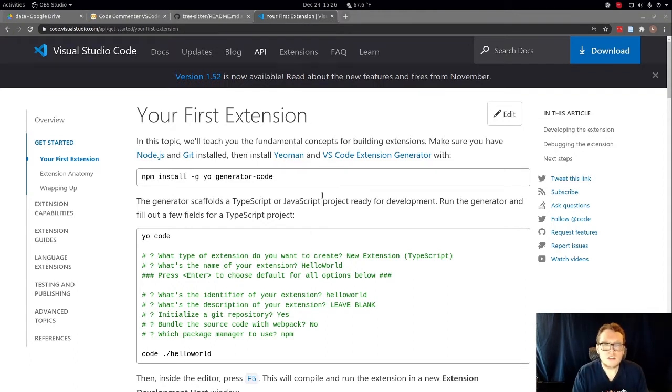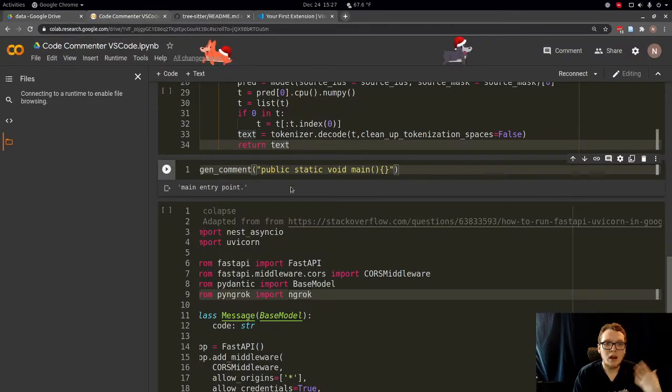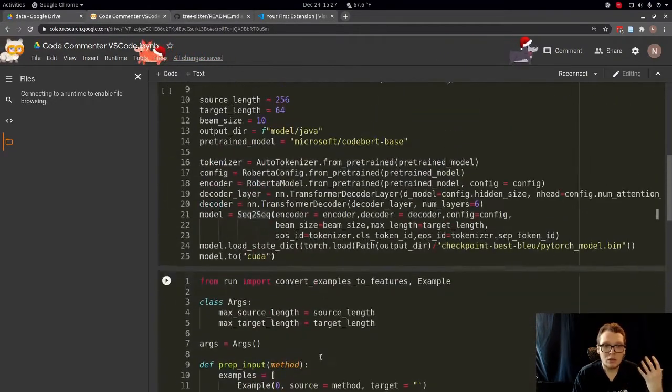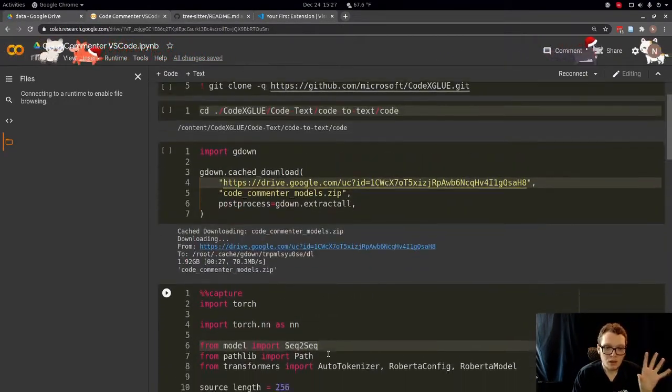So this project is going to first start off with us scaffolding the extension for VS Code. In order to do that, we're going to be following Visual Studio's tutorial on building your first extension. The programming language that we're going to be using is JavaScript for this particular part, since that's what VS Code requires. Then we're going to be moving into some Python code, which is going to set up loading the